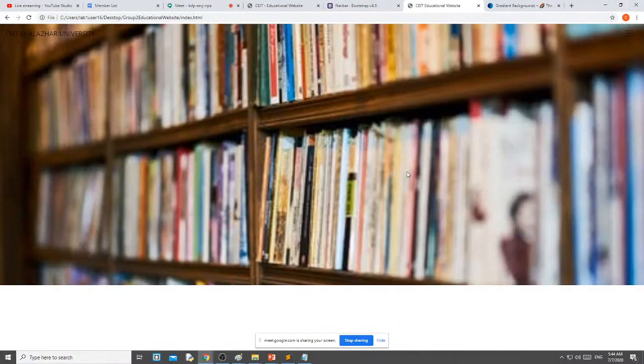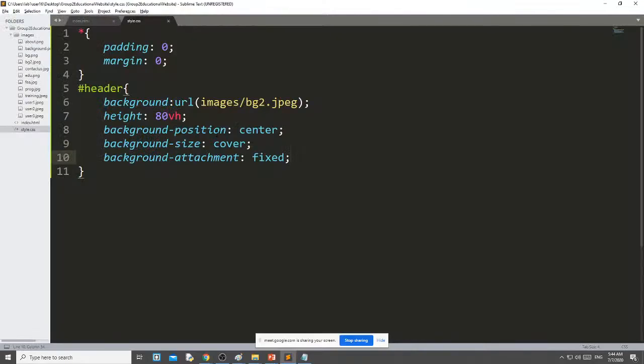Now you can see that it takes the whole 80 VH size and its background position is center, background size is cover. That's why it is not scattered into multiple images.